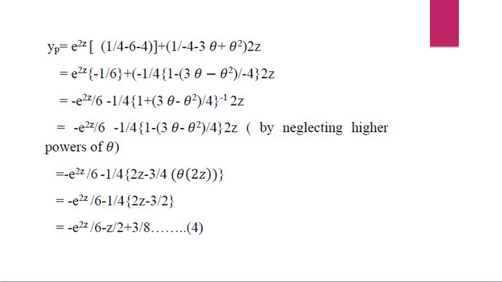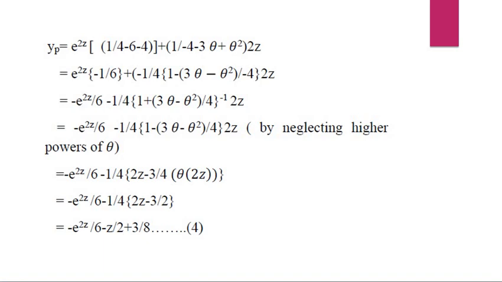2z. So this is one of the binomial series. Using this binomial series, we have minus e power 2z by 6 minus 1 by 4 into 1 minus 3 theta minus theta square divided by 4 plus 3 theta minus theta square divided by 4 the whole square and so on, into 2z. By neglecting higher powers of theta, I'll be considering only the first term of this series, that is minus e power 2z by 6 minus 1 by 4 into 1 minus 3 theta minus theta squared by 4 into